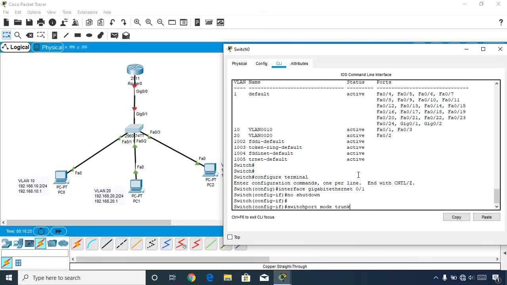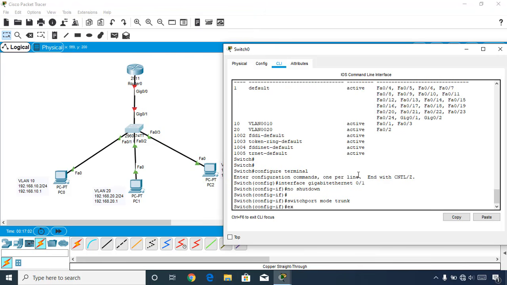So it will allow us to do inter-VLAN operations by using this router. Because the switch can break the collision domain, for forwarding the data packets within the network or along the network, we need to use layer 3 devices. That may be the router, or it might be a generic layer 3 switch. So it depends on what we are using. So just give this command and exit from here,